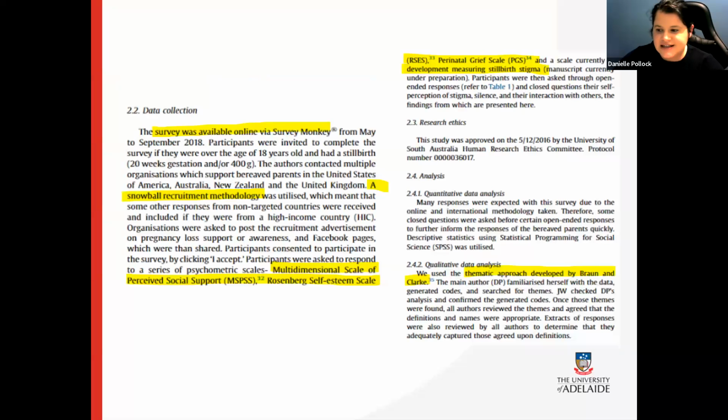So this is just an example here, and the highlighted bits is maybe what I could extract from this article. So I would extract maybe that it was a survey design, that snowball recruitment was used. I might extract, as you can see here, the scales that were used, because that might help me understand future systematic reviews to go, okay, we can bring all this information together. I might extract exactly what was the methods that was utilized to analyze this data.